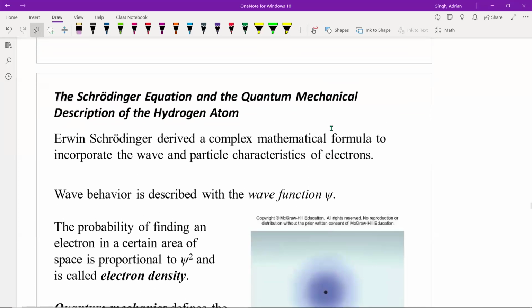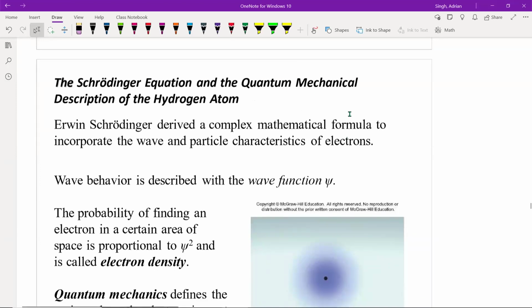So considering the fact that we're unable to simultaneously know with certainty, for the electrons, for example, its position and its speed, we then have to take a deeper dive into how we actually express or view the electrons in any atom. And without going into a whole lot of detail into quantum mechanics and physics, etc., we'll just sort of gloss over the surface of this. When we start looking at the quantum mechanical description of the simplest atom, which is the hydrogen atom, Erwin Schrodinger came up with,